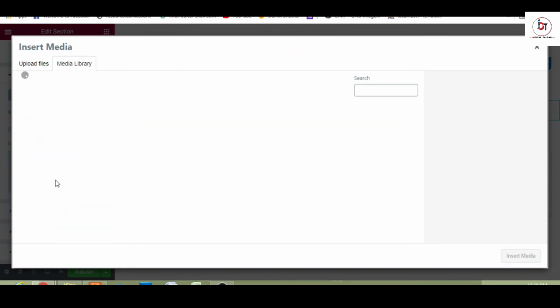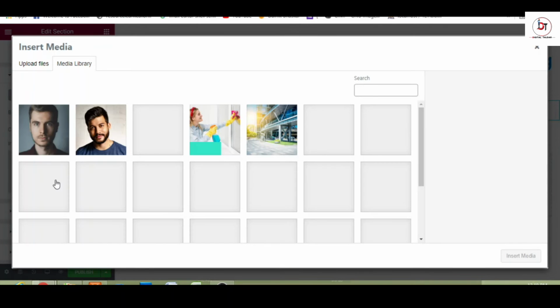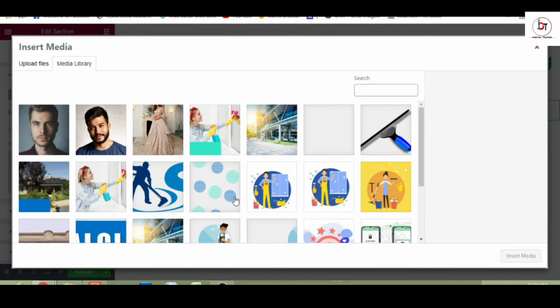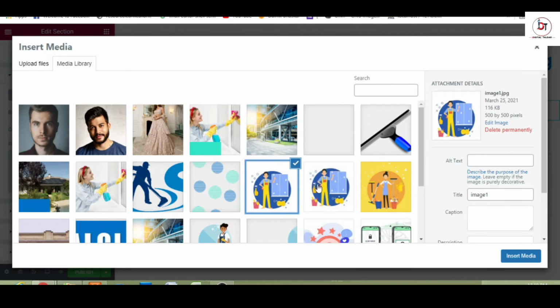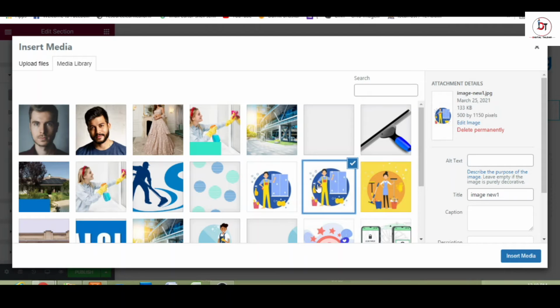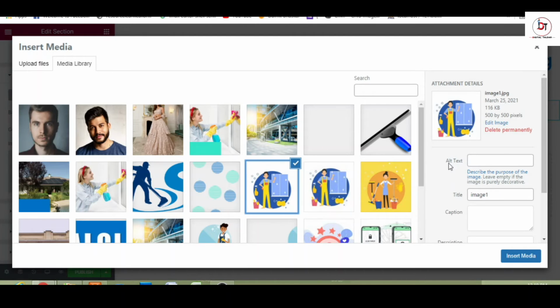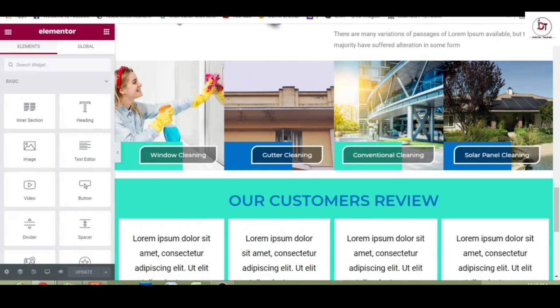Let's select our background image for this column. This is the image I am going to use. Friends, I have downloaded the image. The downloaded image is 500 by 500 pixels, but I want to use this image in this section as I told you,